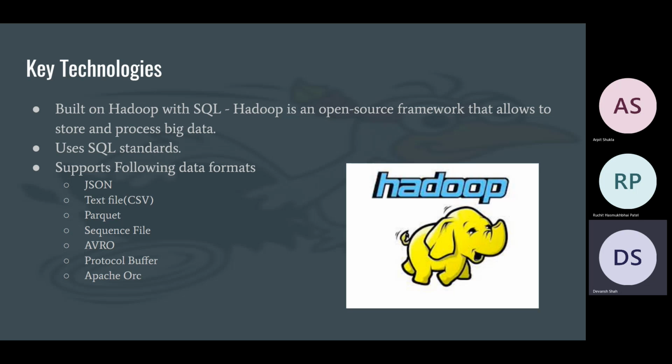And we will look into key technologies, and Ruchit will be presenting from now. Thank you, Devansh. So Apache Tajo is built on Hadoop with SQL, and as Devansh said, Hadoop is an